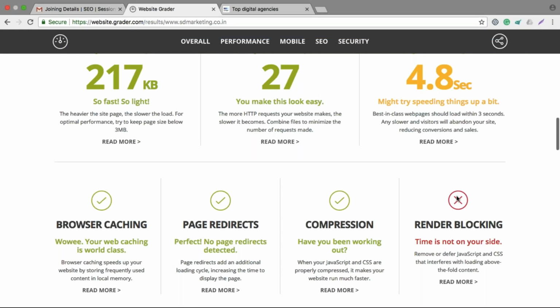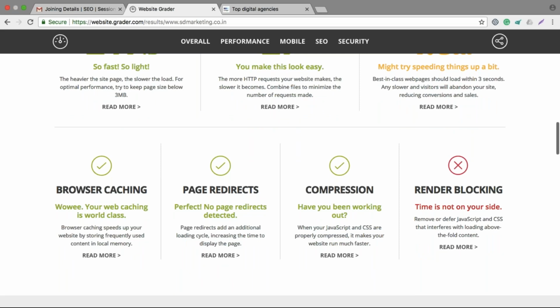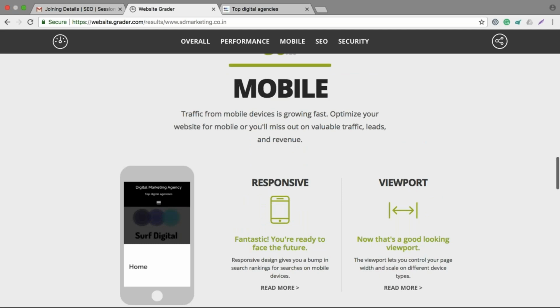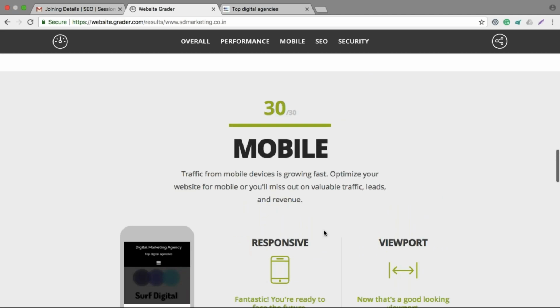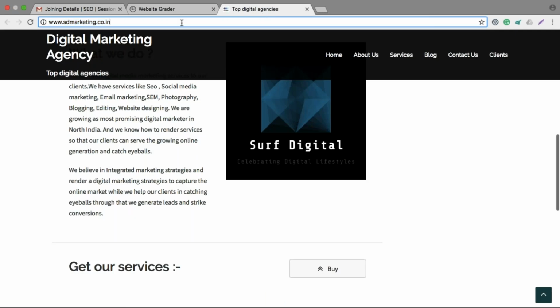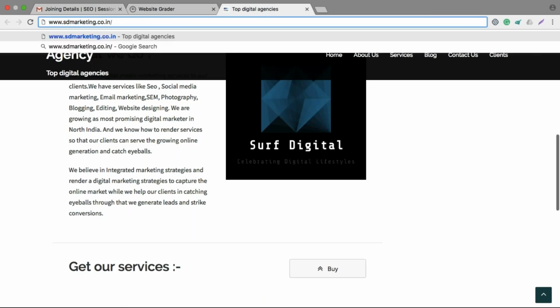So take the help of your developer, show them this tool, and tell them that I want to achieve a green check mark here as well, right? So they will help you out. And when you talk about mobile responsiveness, this tool also helps you to check whether this website is mobile responsive or not. If I'm not wrong, this website is, I'm not sure, maybe on WordPress.